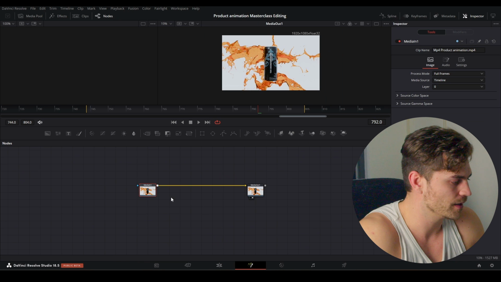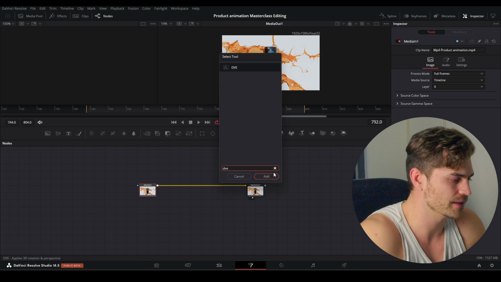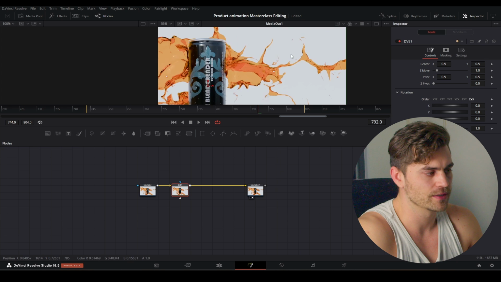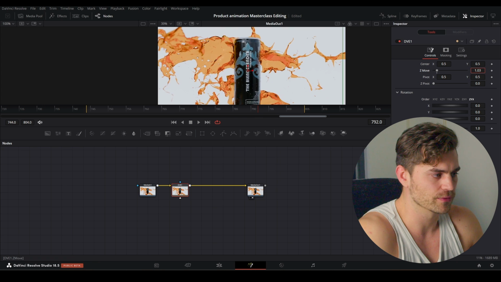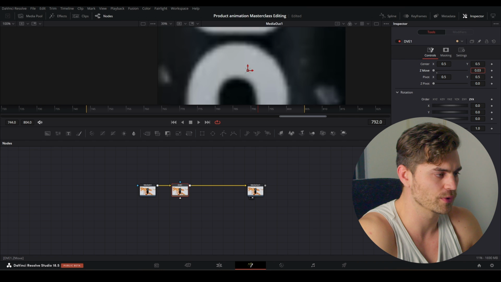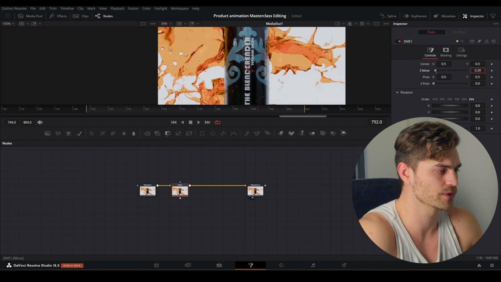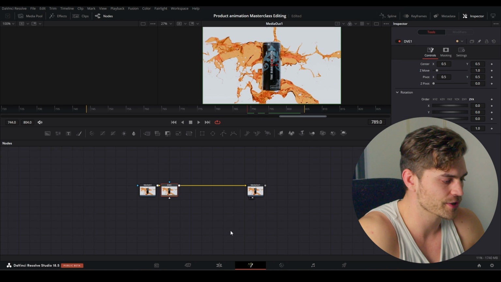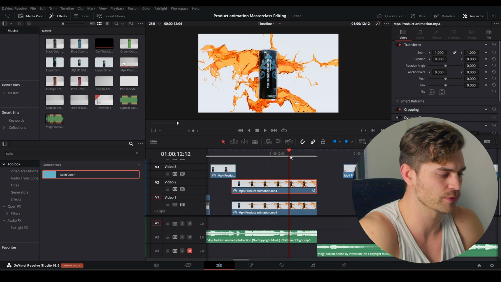And now I want to add a DVE. A DVE is kind of like a transform node with some extra properties. So we can use the Z move, which is right over here, and make sure that it can come closer into the camera. And lo and behold, what do we have? It goes right into the D, which is what we want. What I'm going to do is start this animation, preferably on a place where the beat drops.